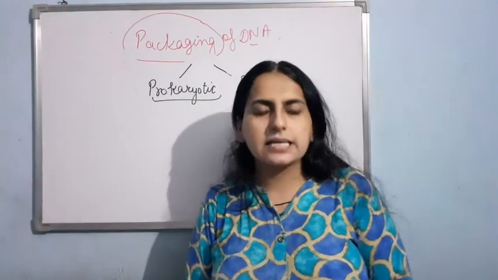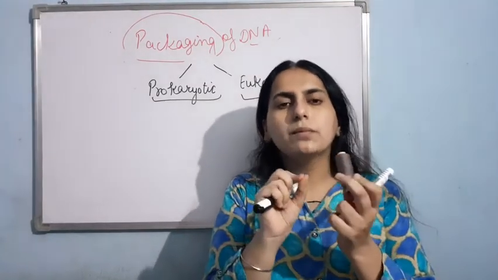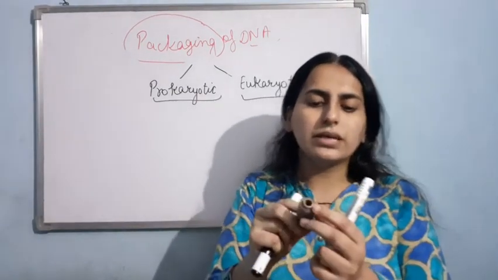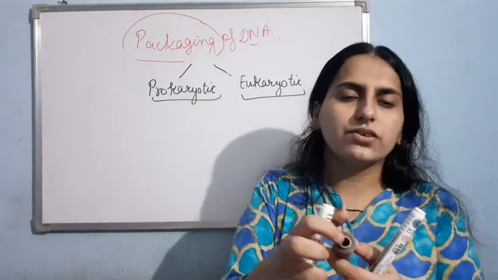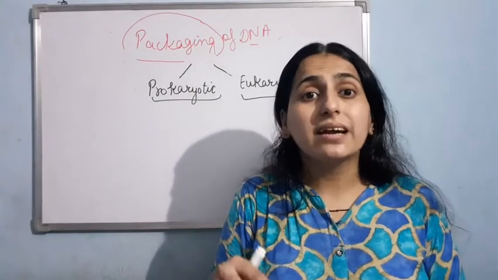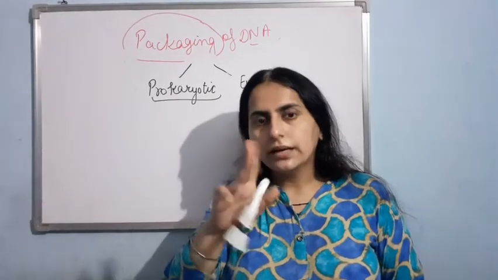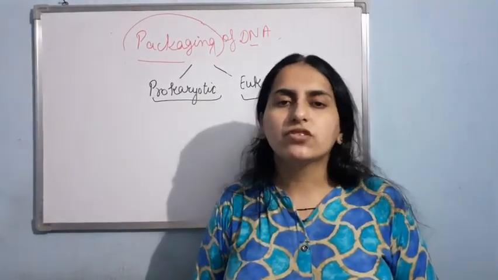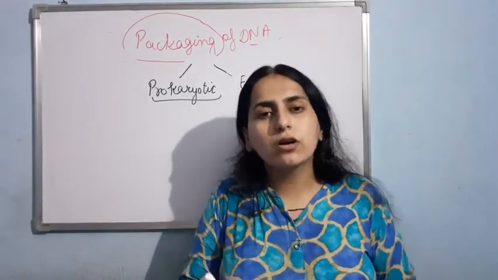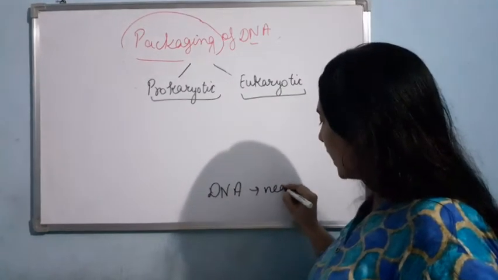Now, understand one thing. As I have given you the example of this reel, the thread represents the DNA. The thread is wound over a thing that you can see inside, a cylindrical structure. It means your DNA is wound over something, and what is that? Now just use your knowledge. DNA has a negative charge. You know the DNA has a phosphate group, and due to that phosphate group, your DNA carries a negative charge.